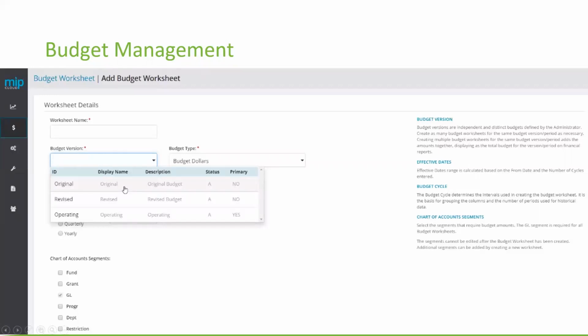Anyway, once I've chosen a worksheet, I'll then select the segment or segments I want to include. The thing to think about is what am I trying to compare, and at what level am I looking at this data? How am I budgeting? It might be at the expense level. I can look at a combination of revenues or expenses, or I can include all available accounts.